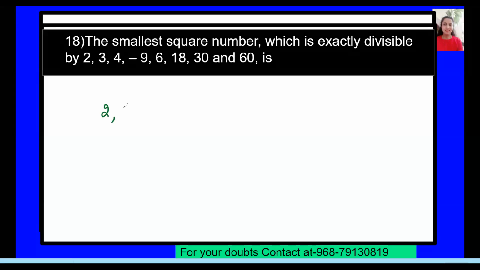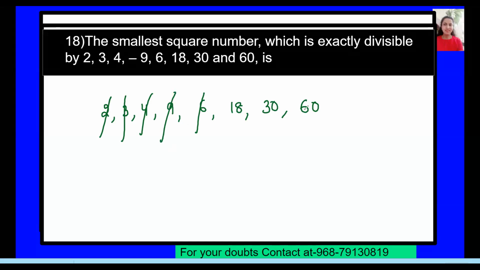So see what numbers we have. 2, 3, we'll neglect the negative sign. This is only given to confuse you, it doesn't matter with the negative sign. So all the factors will cancel. So 2 cancels, 3 cancels. Now 6 cancels because 6 is a factor of 18. Now 4 cancels because 4 is a factor of 60. 9 cancels. So we are left with 30 cancels because 30 is a factor of 60.